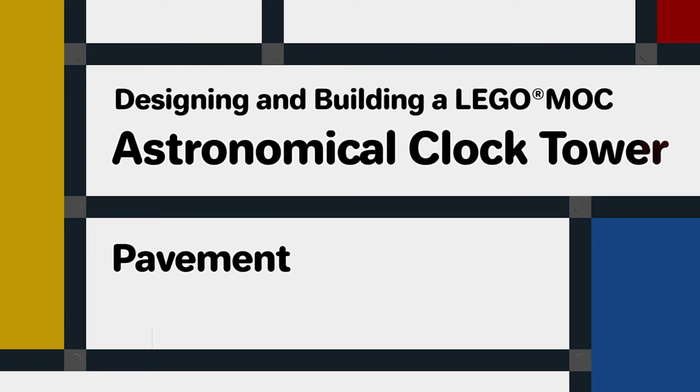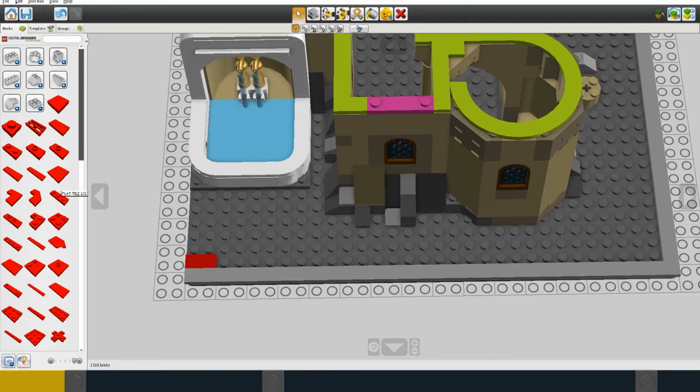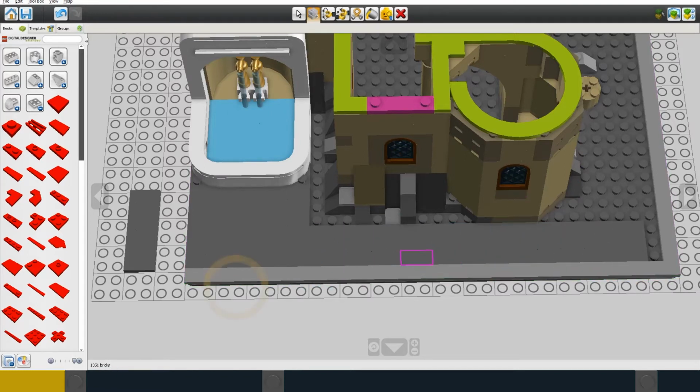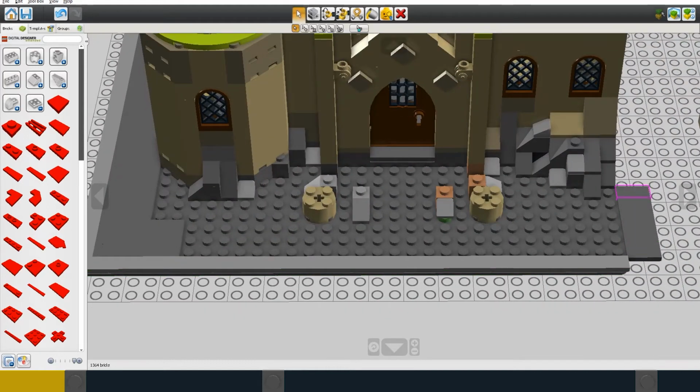I may as well complete the ground floor by designing the pavement to the side of the building and the area around the front entrance. There's no real magic to this, I'm just going to tile the pavement using the standard dark grey tiles used in most modular buildings. For now, I'll include an edging strip along the side, although when I set this building in position, I may remove this and replace it with plain tiles for the passageway down the side of the